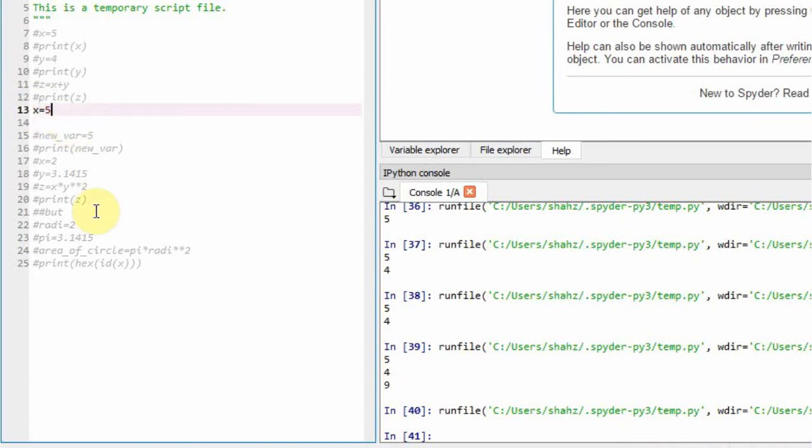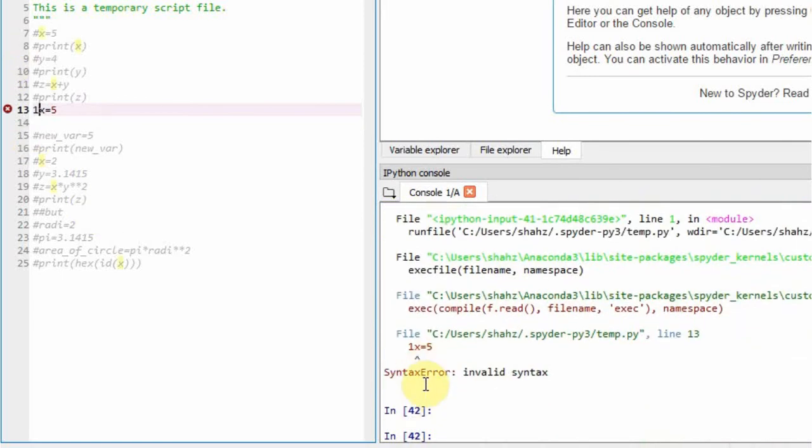But if I say 1x is equal to 5, then there will be a syntax error. Spyder will tell us there is an error in assigning the name to the variable.